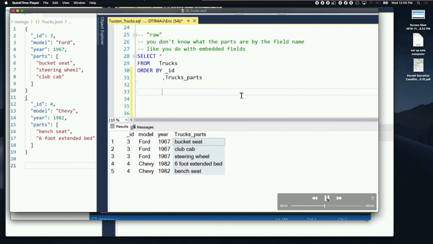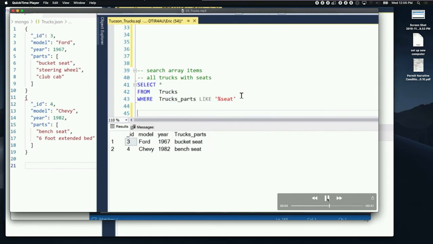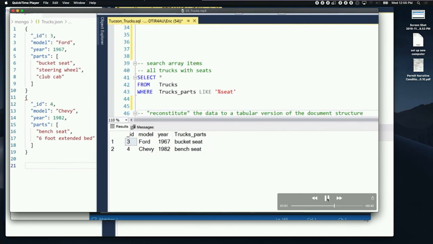It seems almost a little bit useless unless you could designate a separator. You don't like the underscore as a separator? No, I'm talking about in the column. So when you get it back, you have bench C, 6-foot extended bed, all in the column, without any way of being able to tell in the return data where each element begins and ends. Well, I guess I'm not following you there.